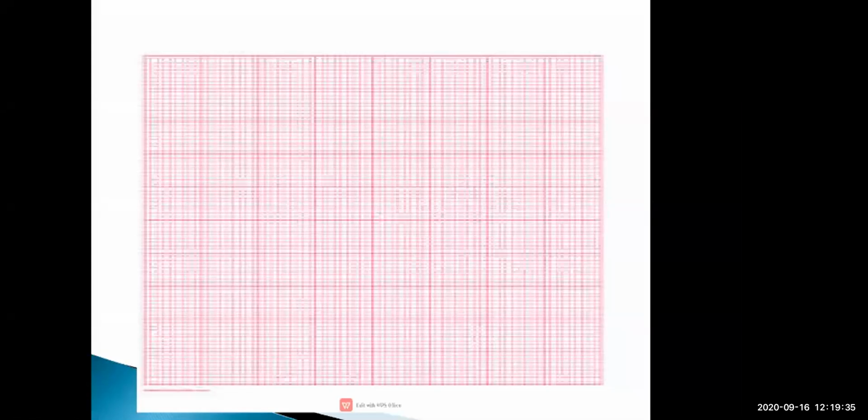See, this graph paper you have to buy from outside. Now here, this is graph paper. Now I will instruct you how you are going to do it in a graph book or on a graph paper. Now there are bold lines and small lines also. The small lines are 10 lines. You can count in your graph paper. There are 10 lines in that one.